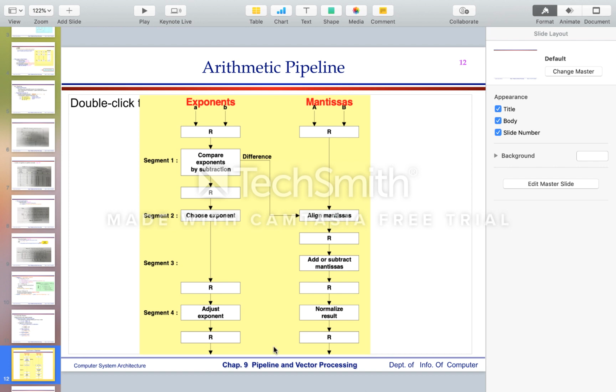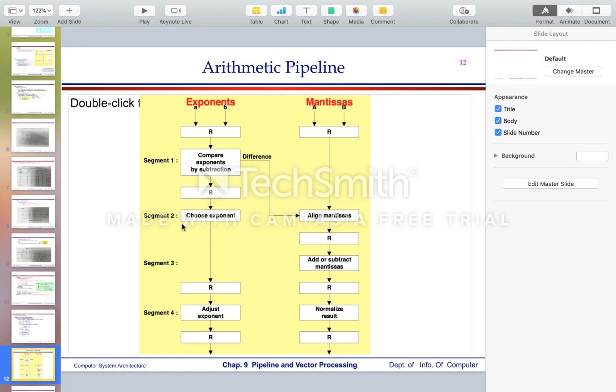So this portion will show us what we need to do with the mantissa. The left portion will show us what we need to do with the exponents. Then we will again require the in-between registers to store our result. Then in segment 2,